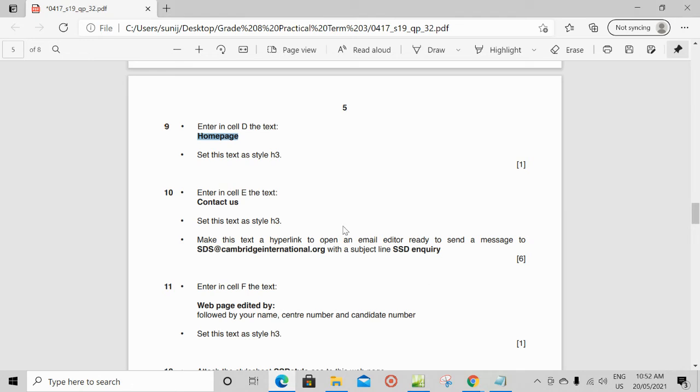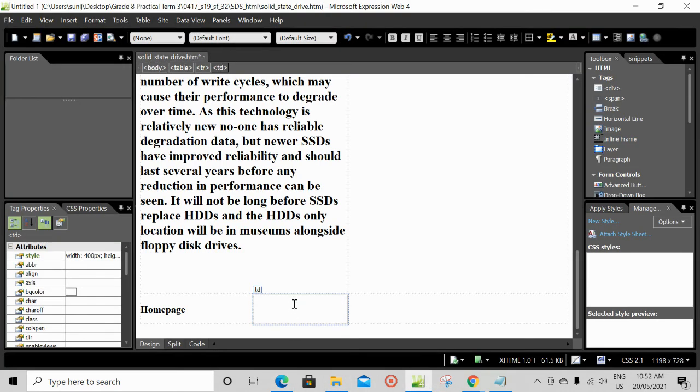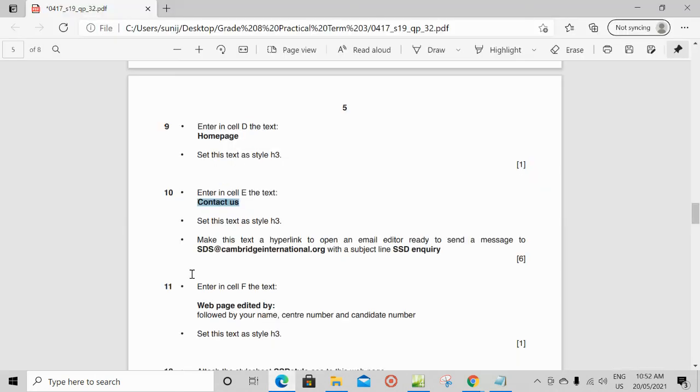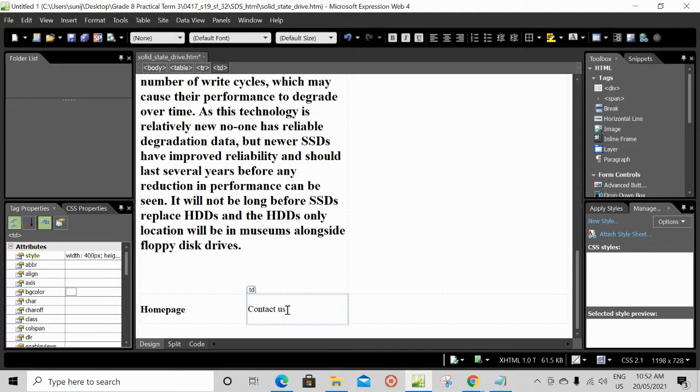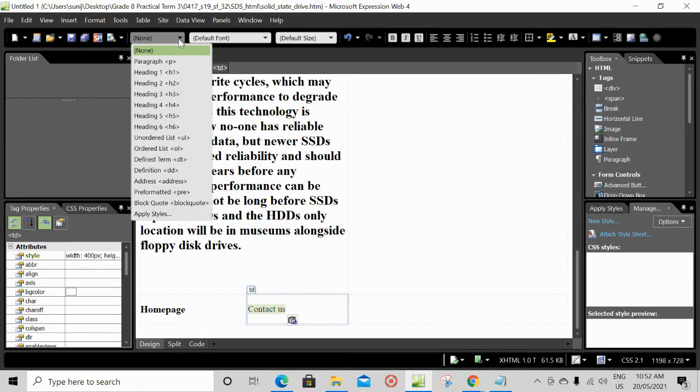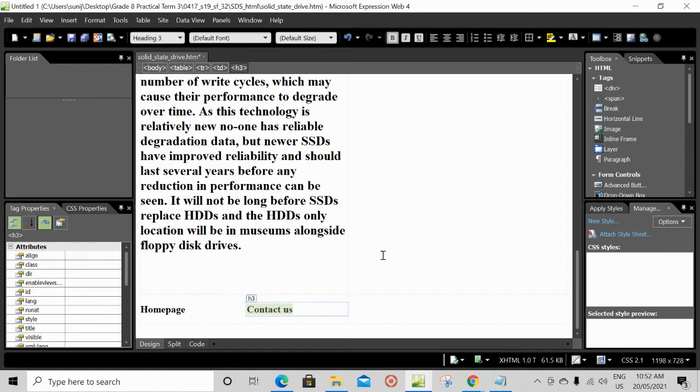Then the next one, enter in cell E, contact us. So select it. Click here, type contact us. Set this text as style H3. So select it. Click here, H3.